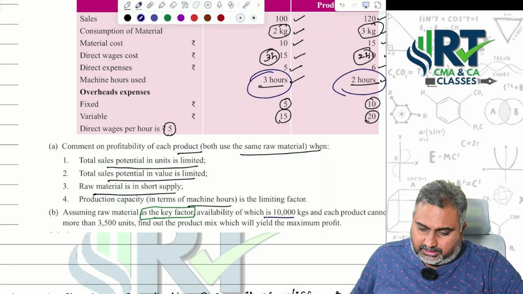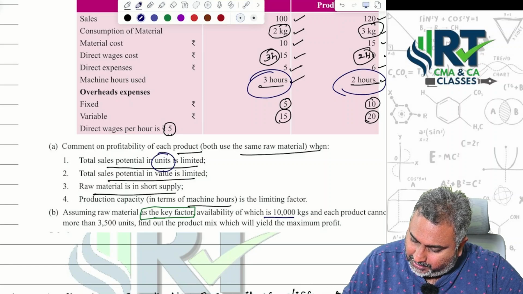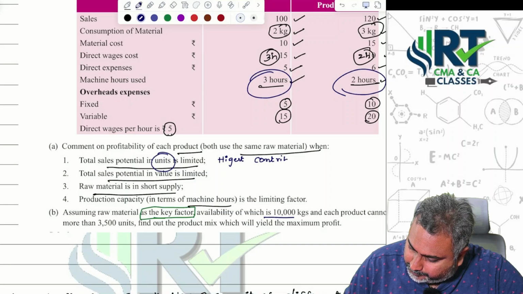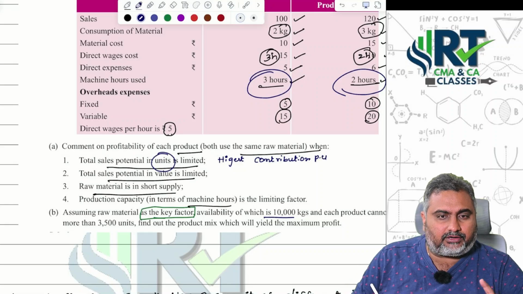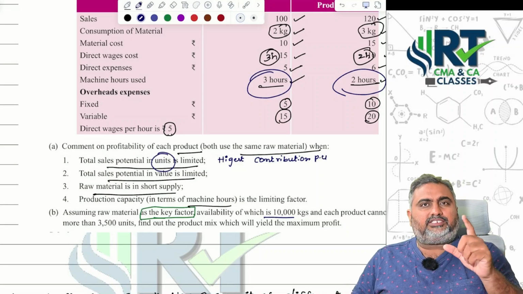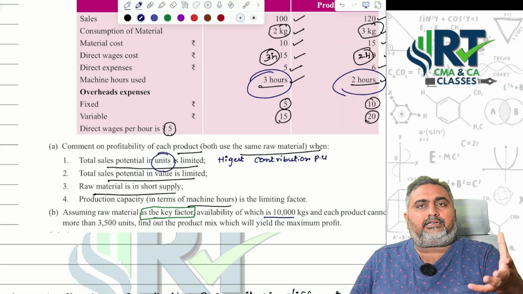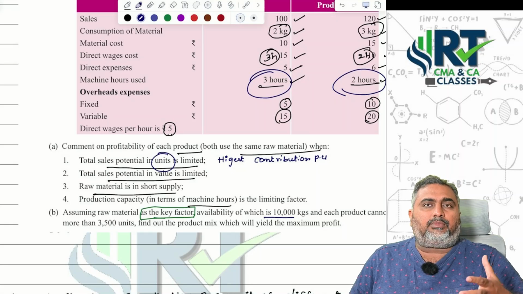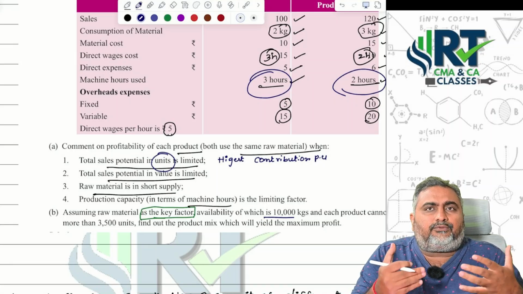If sales potential, whenever your units are limited, the product giving you the highest contribution per unit will be selected. Whenever units are limited, the product where you get the highest contribution will quickly recover the fixed cost compared to the other product. So whenever you have less sales demand, you try to recover your fixed cost